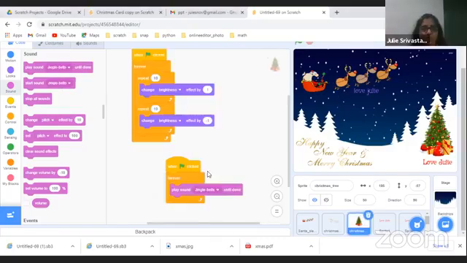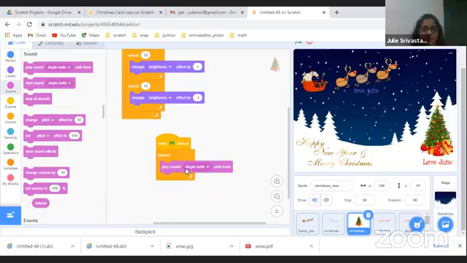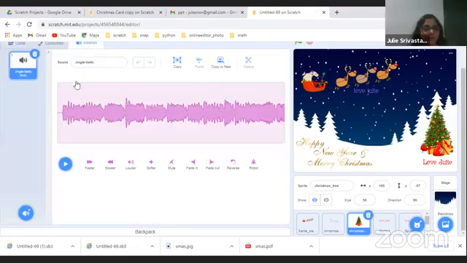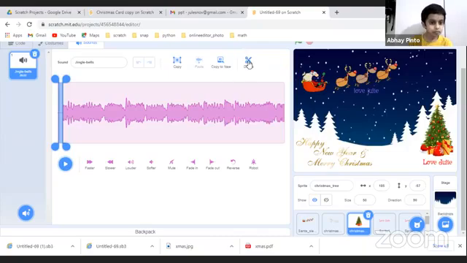You're talking about the code, or you're talking about when you go to sounds? In sounds, there's one small line at the beginning. Ma'am, can you go to sound once? If I go to sounds, at the beginning, can you see one small line? How to take it out? Okay, you can just select it like this and delete it. You can use an editing thing for the sound as well. Yeah, you can just select it and delete it. Okay.